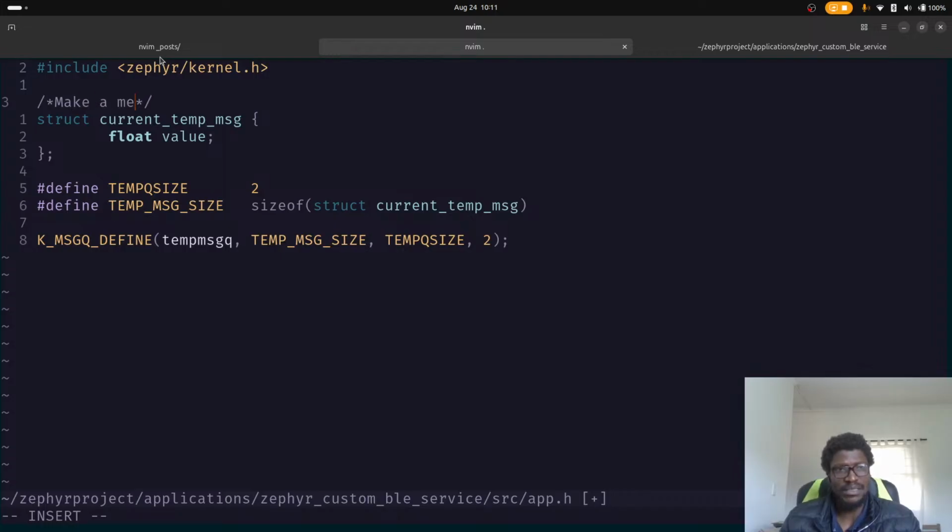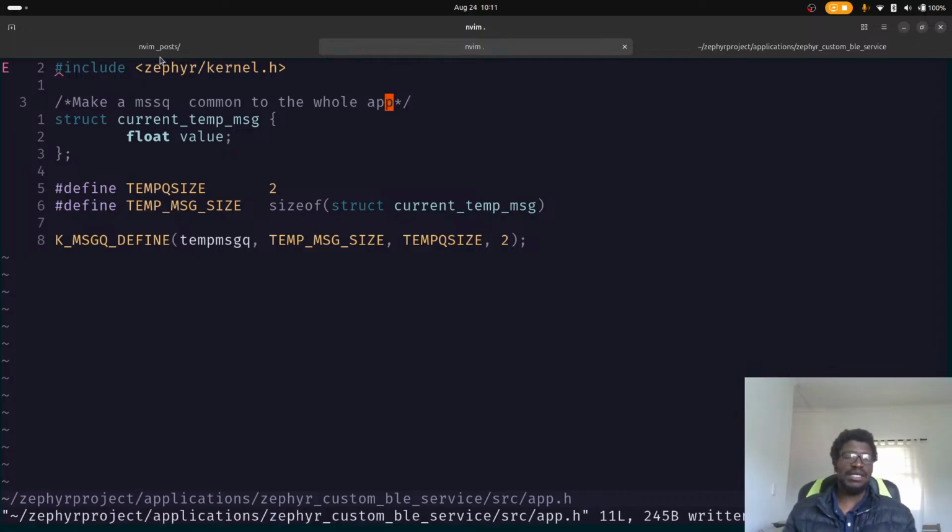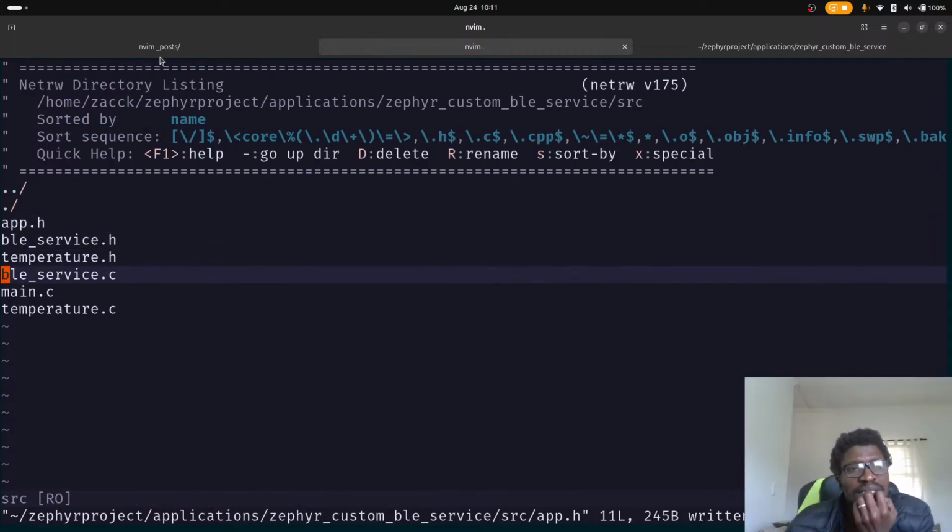Make a message queue common to the whole app. Okay, so we've made a message queue in app.h, so we can bring this header into everywhere. Okay. So now let's go into